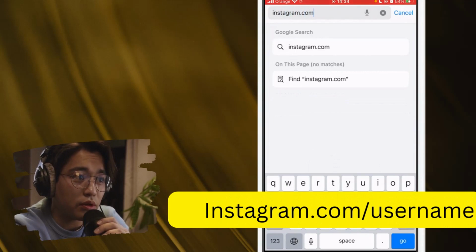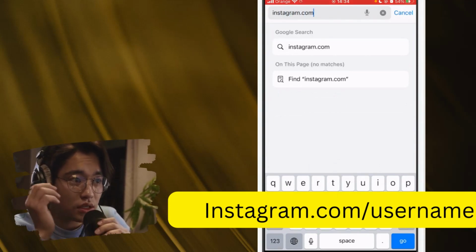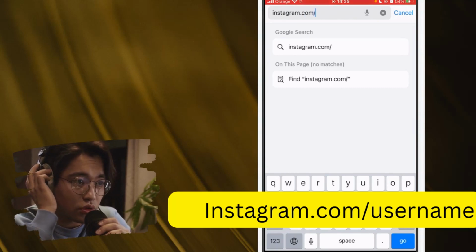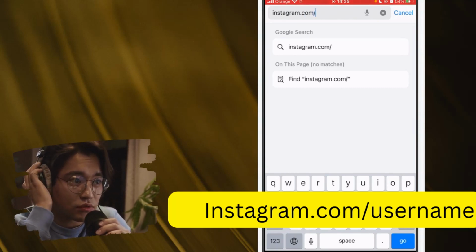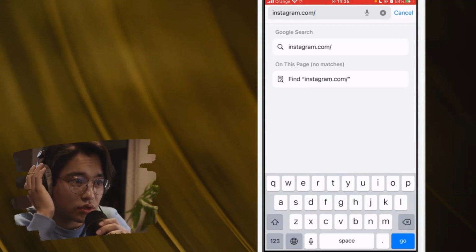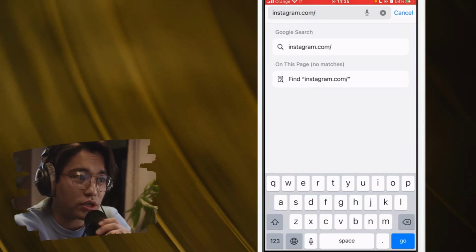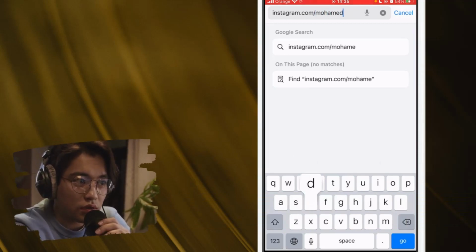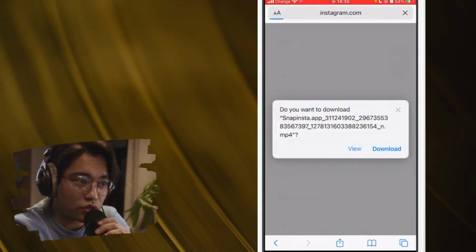okay? I'm going to add what you want to type on Google in the screen. You will see it in the screen right now. Now slash the username of the person, okay? You want to type here the username of the person, make sure it's correct. Now after you click go,